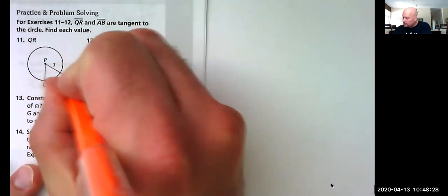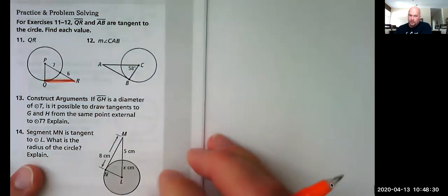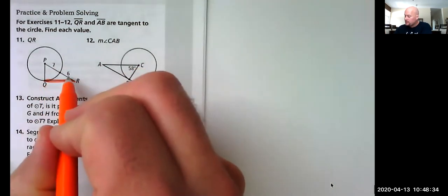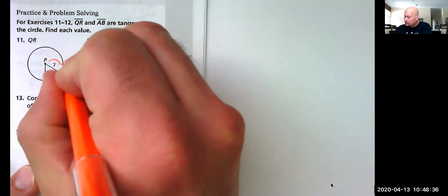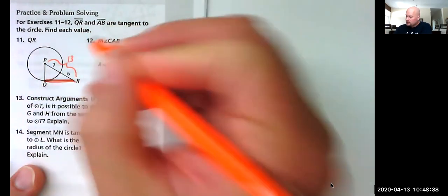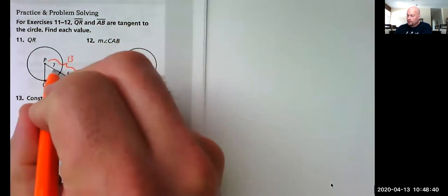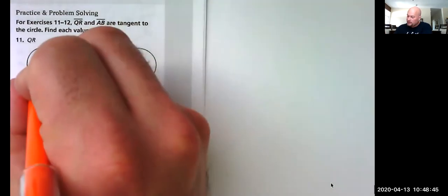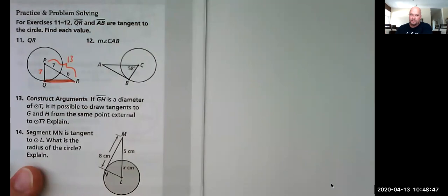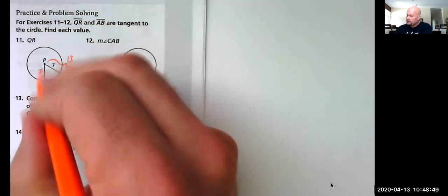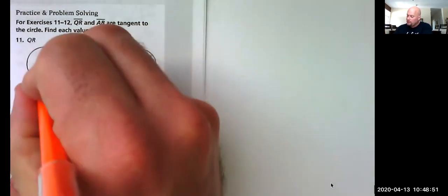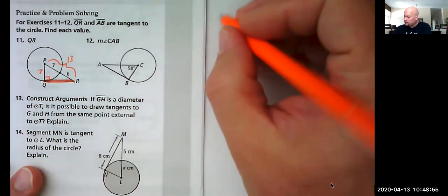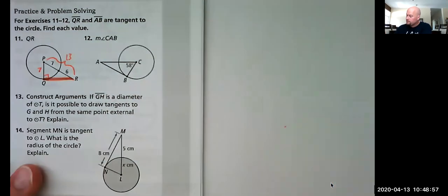So I'm going to go ahead and highlight the part that we're trying to find. Now, they gave us this piece was 7, this piece was 6. So we know that this entire length is 13. We also know that the radius here was 7. So the radius anywhere in the circle is 7. So the radius here is also 7. So we have two sides of this triangle, and this is a right triangle if this is a tangent. So now we can use Pythagorean theorem. So for number 11,